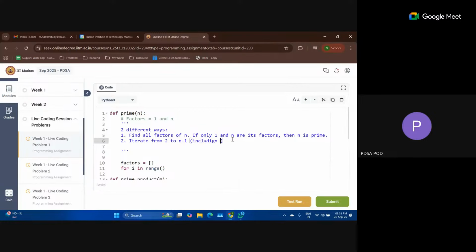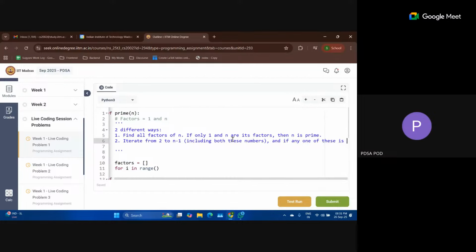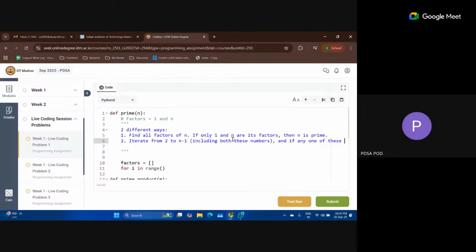If any one of these is a factor of n, then what can we conclude? That n is not a prime number.